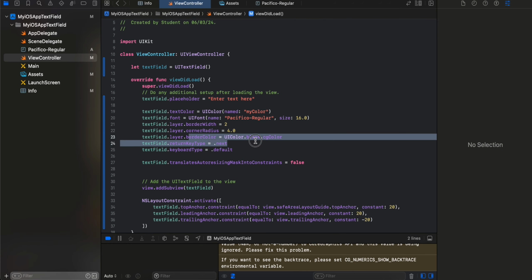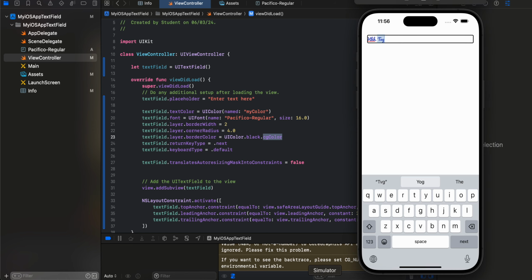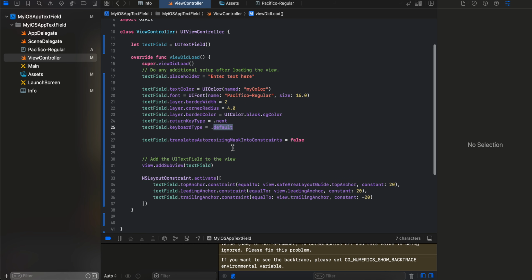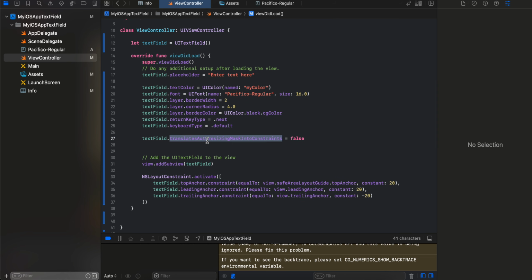Then the border color I have set to black.cgColor. So for this border color, this UIColor needs to be converted to CGColor. That's what I am using over here. Then the return type is .next. So the next button which you see on the keyboard, that's what it is. And the keyboard type is default, but you can keep it numeric or email only. Then I have set translatesAutoresizingMaskIntoConstraints to false, and I have